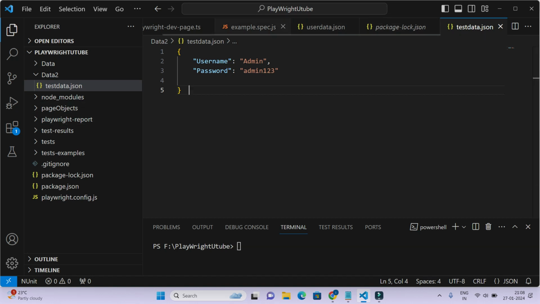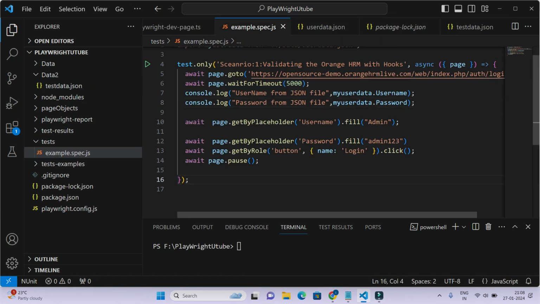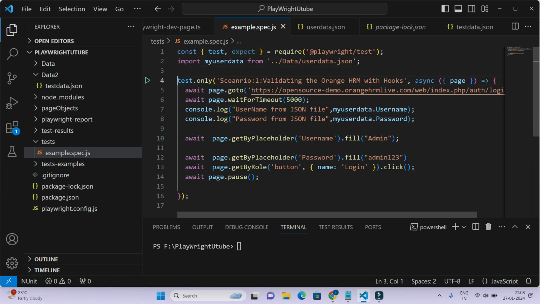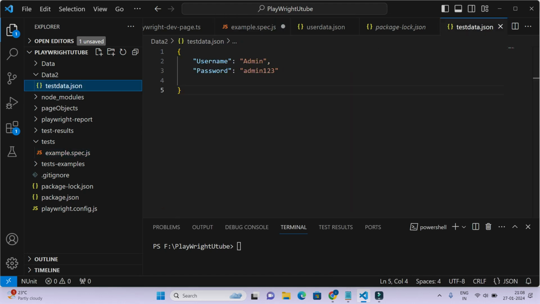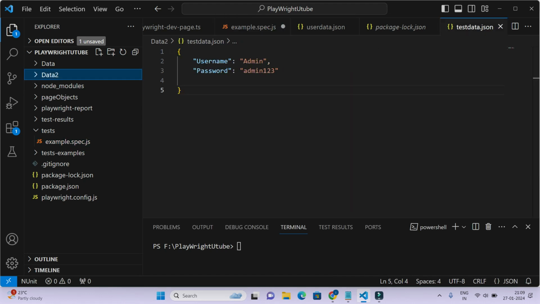How to call it? I'll go to my script, the old script, whatever we were using. Here you need to import first. You can give any variable here, my user data or data, any name you can use. This is the variable name, and as this test data is under the data2 folder,